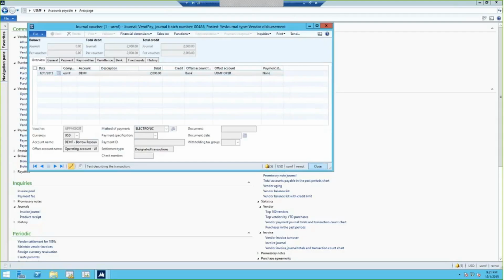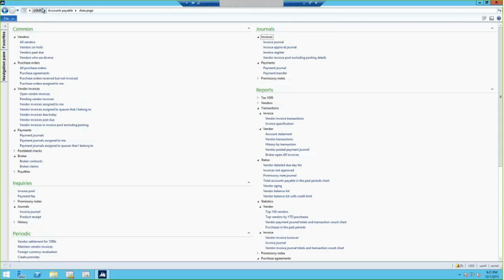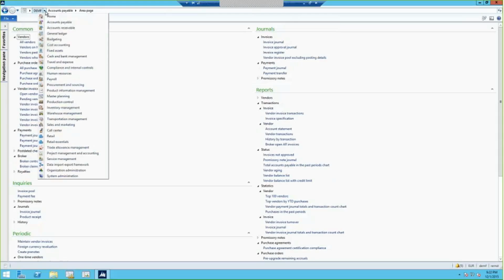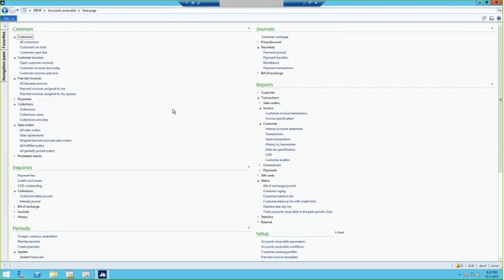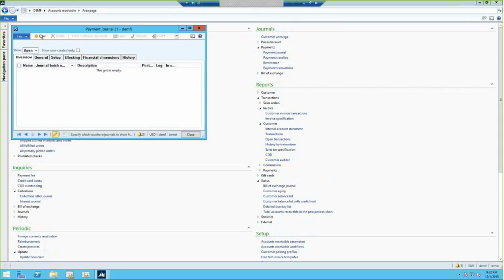So now what's going to happen in the background is USMF would have physically sent the money electronically to DEMF, and they would have received the money into their bank account. And so now DEMF is going to receive that payment just like they would any other electronically received customer payment. So I'm going to go to Accounts Receivable in the lending company, and I'm going to go to Journals, Payments, Payment Journal,